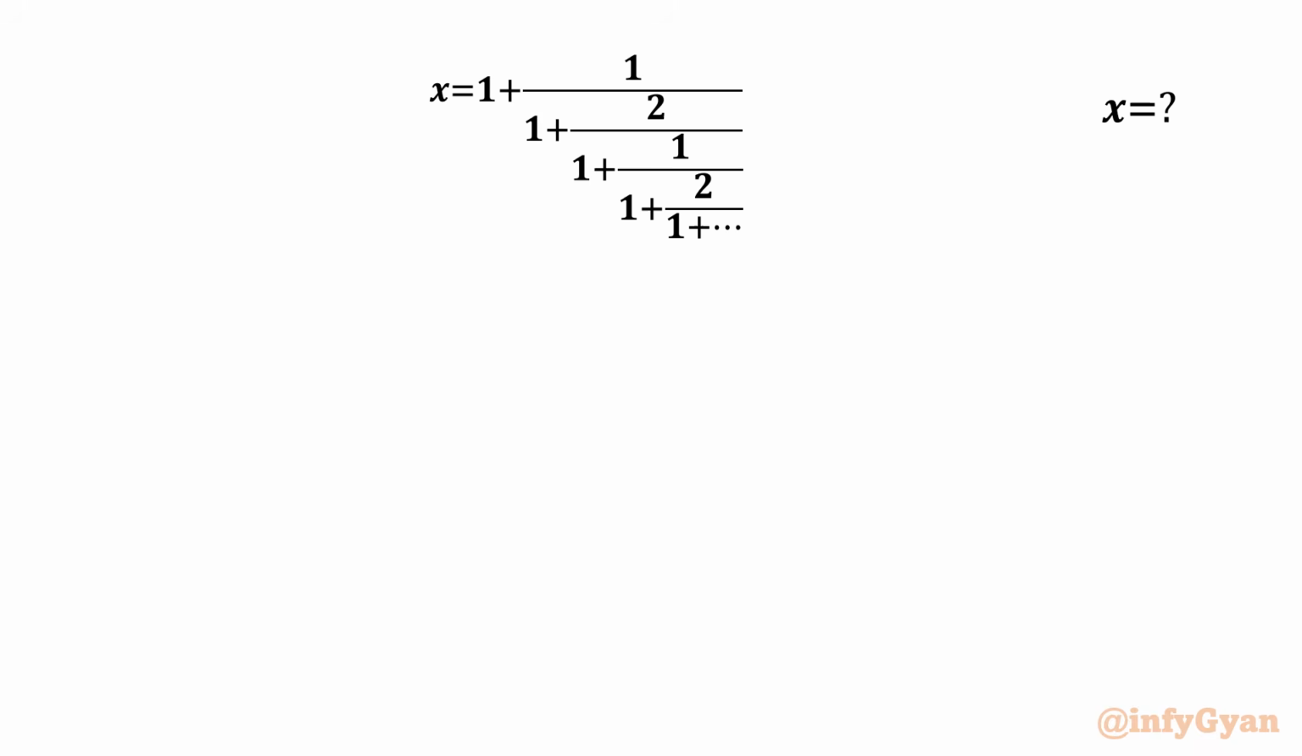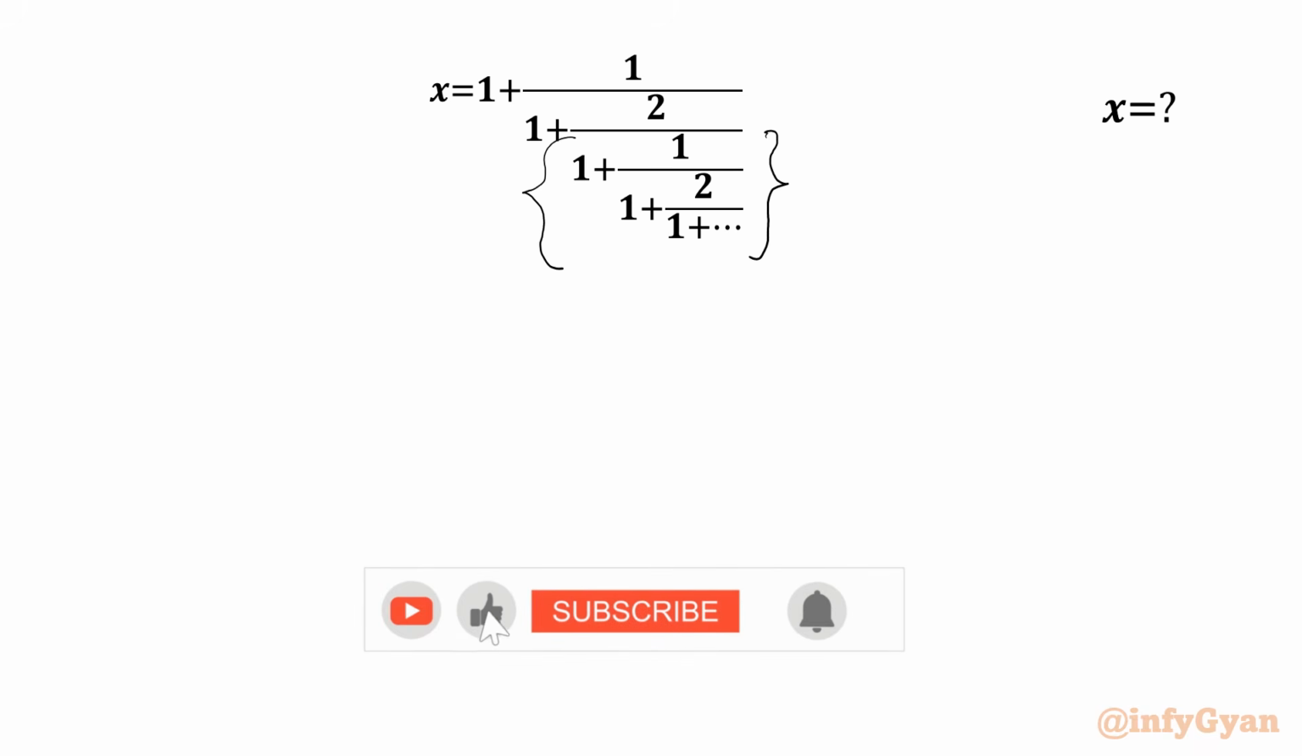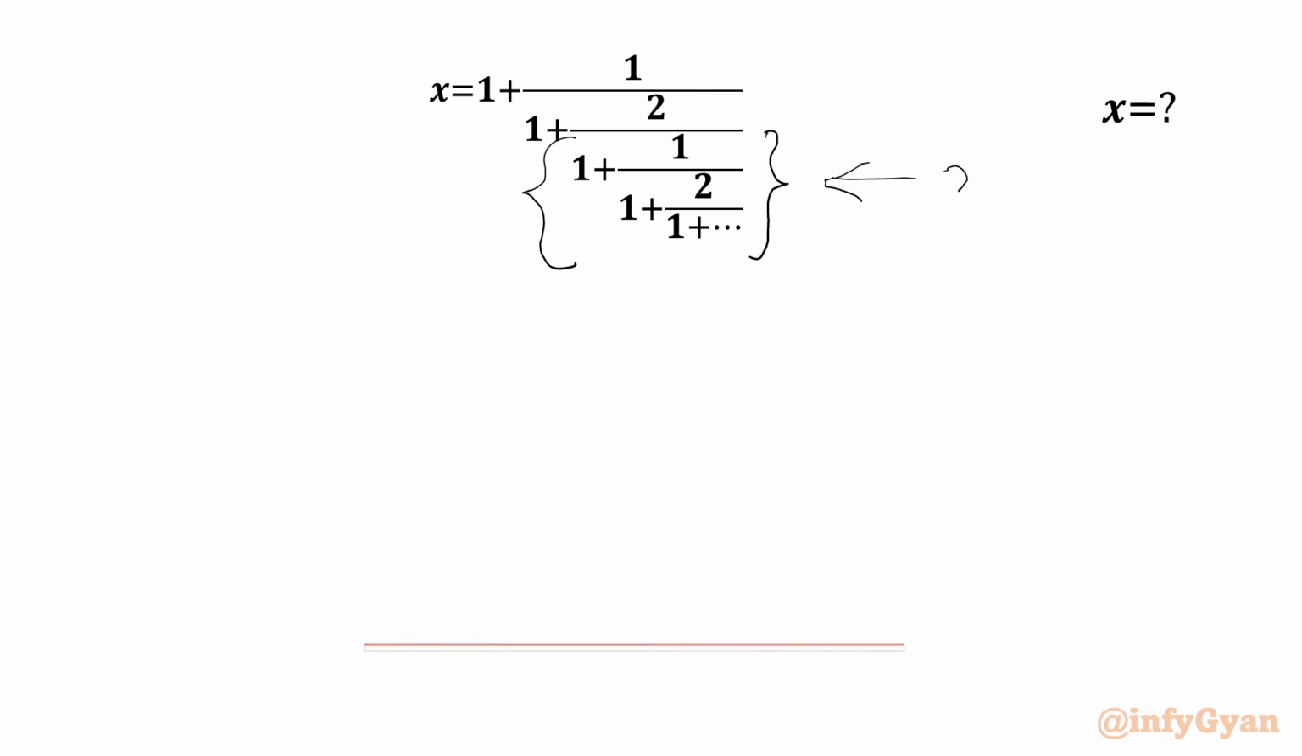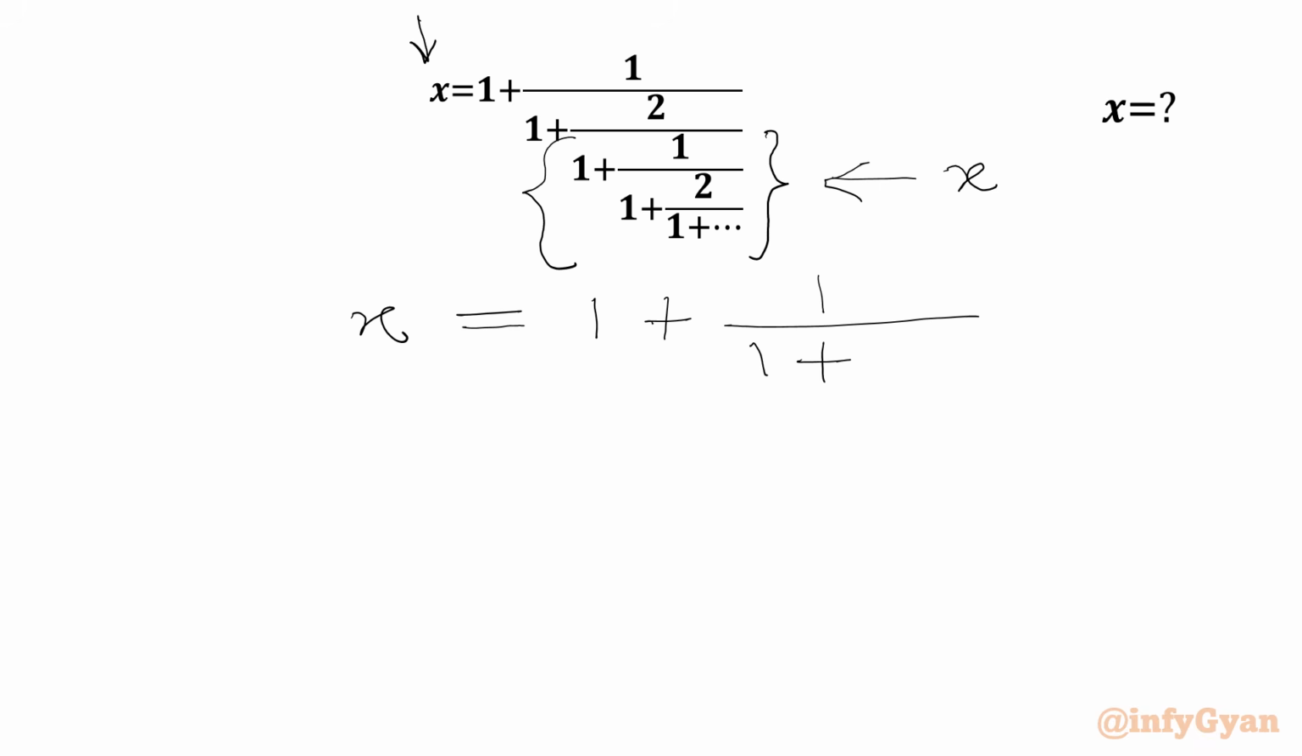Let's solve. I can see here this segment of continued fraction which we can replace with x. If this is x, 1 plus 1 over 1 plus 2 over, so we can say 1 plus 1 over 1 plus 2 over 1 plus and so on. This can be replaced with x. So we will write x equal to 1 plus 1 over 1 plus 2 over x,